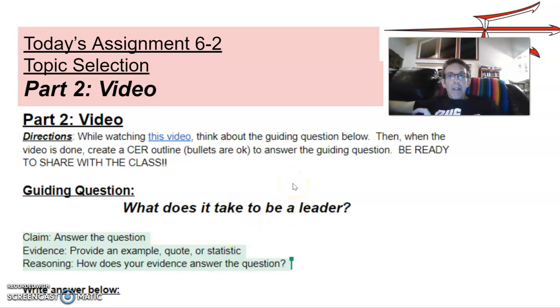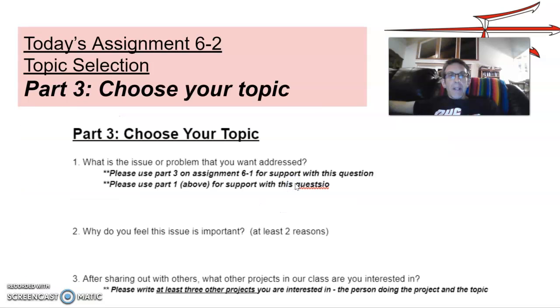And then when I get back on Tuesday, hopefully we'll have a little bit of a chance to go through this. And then we have the moment of truth. Part 3 is where you're going to be choosing your topic. Please notice, guys, in addition to putting in what your topic is, saying why it's important, at least 2 reasons why you feel it's important, and then check it out to be able to share out and get information from